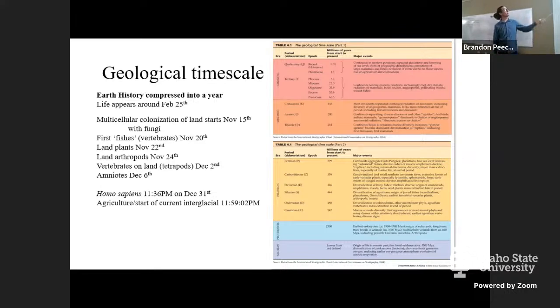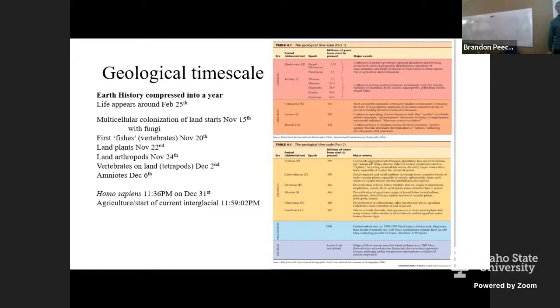So there's a ton of ways that scientists can take the 4.6 billion year history of the Earth and make an analogy. What if it's a football field? What if it's the distance to something in your town? What if it's a year? I like the year one. So if Earth forms at midnight on January 1st, you don't get life at all until late February. And then here's all these other things that happen. Importantly,